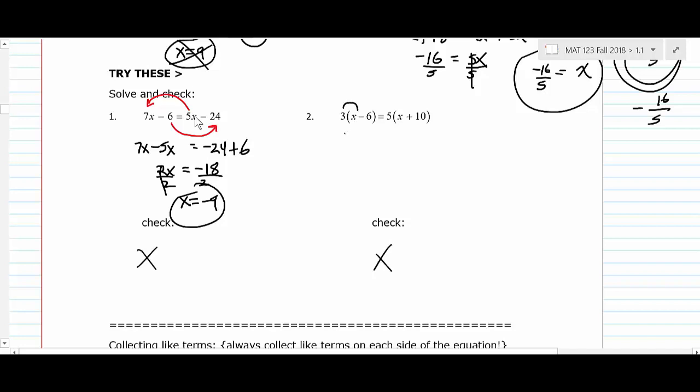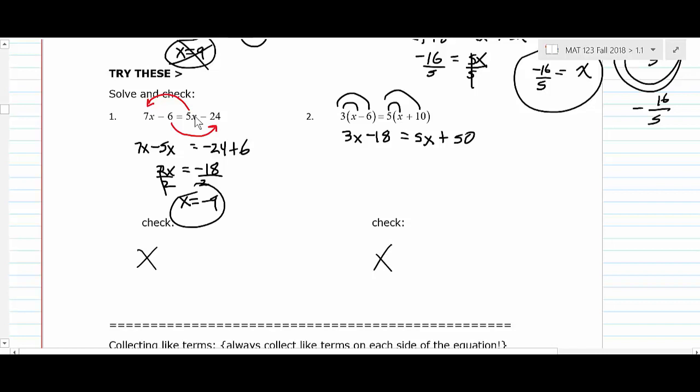So you got 3 times x is 3x, 3 times 6 is 18. See, that sign just comes down. It will only change if, like, that's a -3. Okay, then on the right side, you have 5x, and then 5 times 10 is 50. Be sure you do that first. Okay? Now,